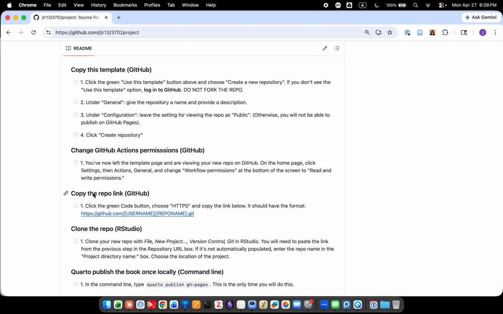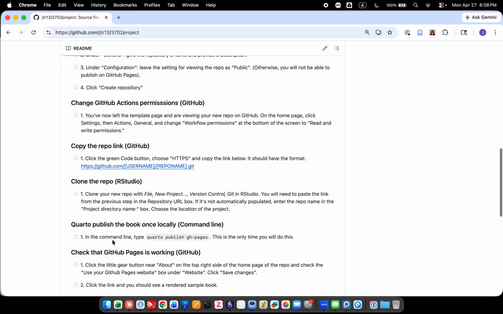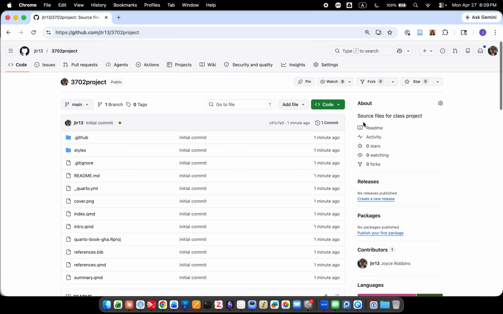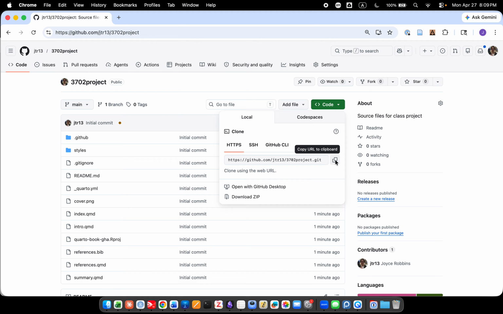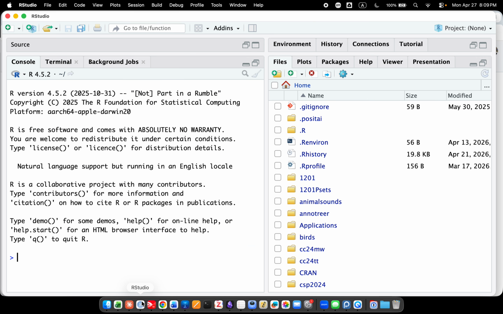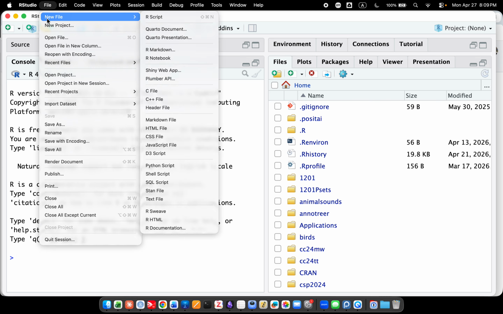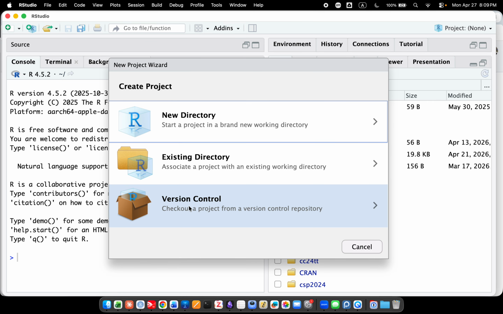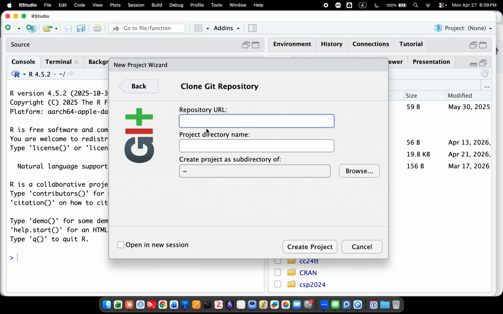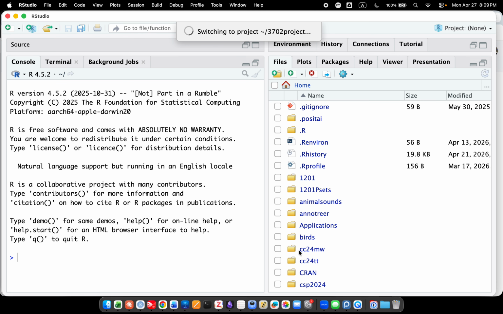So we are up to copying the repo link and cloning the repo. So we will go to this code button, copy the HTTPS link, go to RStudio and create a new project with version control, git, paste that URL, and then copy that project name. I usually use the same name, and I keep it at the root level so it doesn't interfere with any other version control system that I have. I'm going to create the project